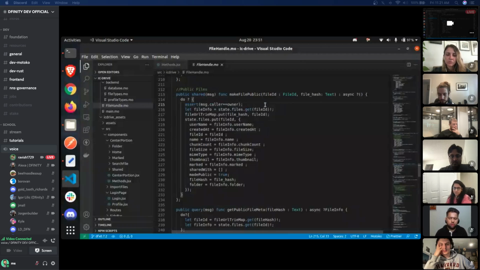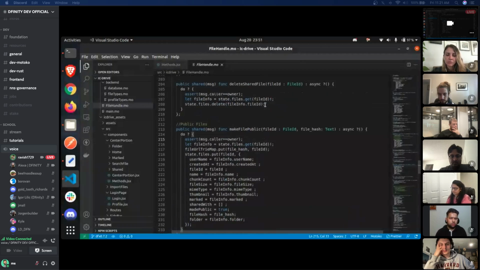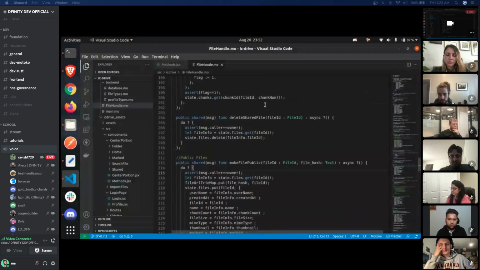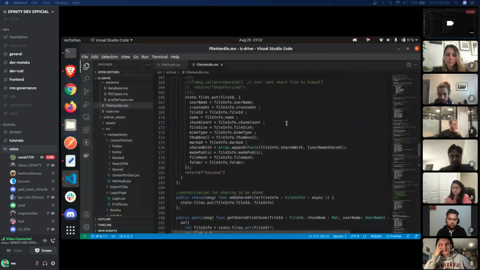Now during P2P sharing, suppose I share my file with Nandit. In that case, we store all the usernames with which a particular file is shared in an array. I will add the username of Nandit inside that array.